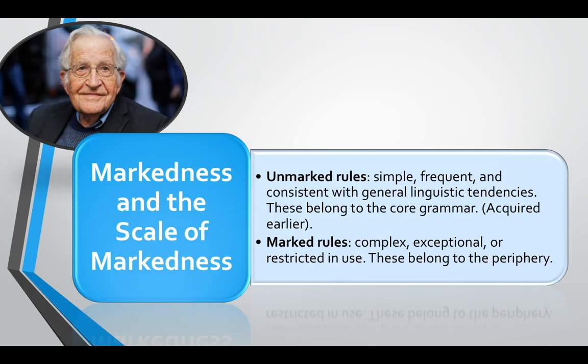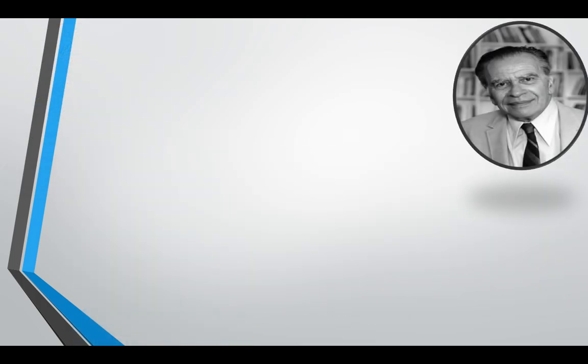That's why when you ask a child to make the noun man plural, he or she sometimes applies the rule of generalization and says man, mans, instead of men. So this is somehow a complex rule for the children. So markedness exists on a continuum, meaning some rules are more marked than others. Let's now move to talk about the typological universals, which is by